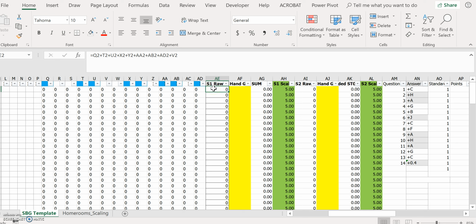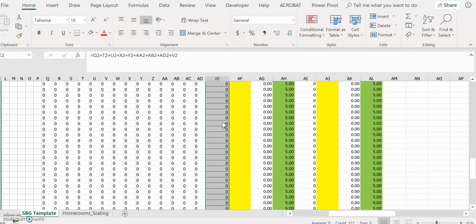AE2 and nothing else. So when you highlight that, you see that it gets this green box with this little square in the bottom. If you hover over the square, your cursor changes from a big white plus sign to a thinner black plus sign. You want that thin black plus sign, and then you want to double click on it, and you see that it just carried, and you can see it's highlighted, it carried the coding all the way down to the end